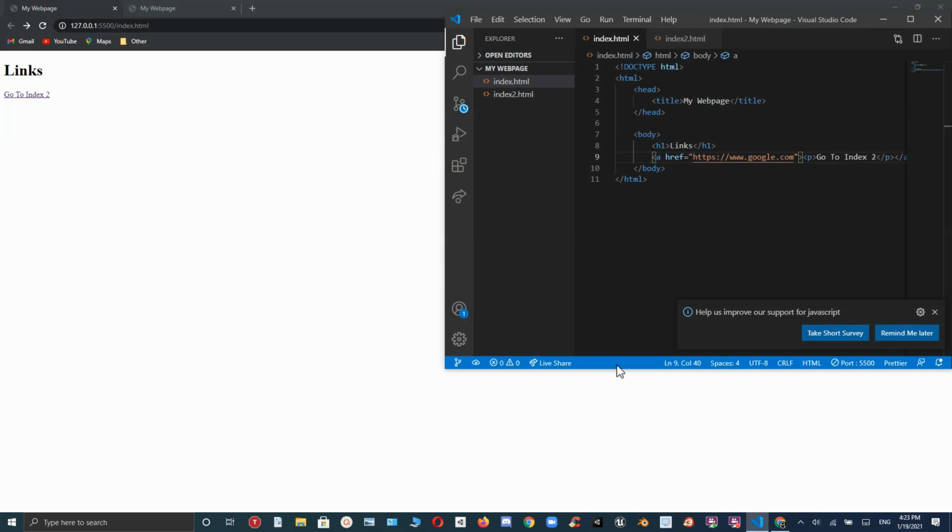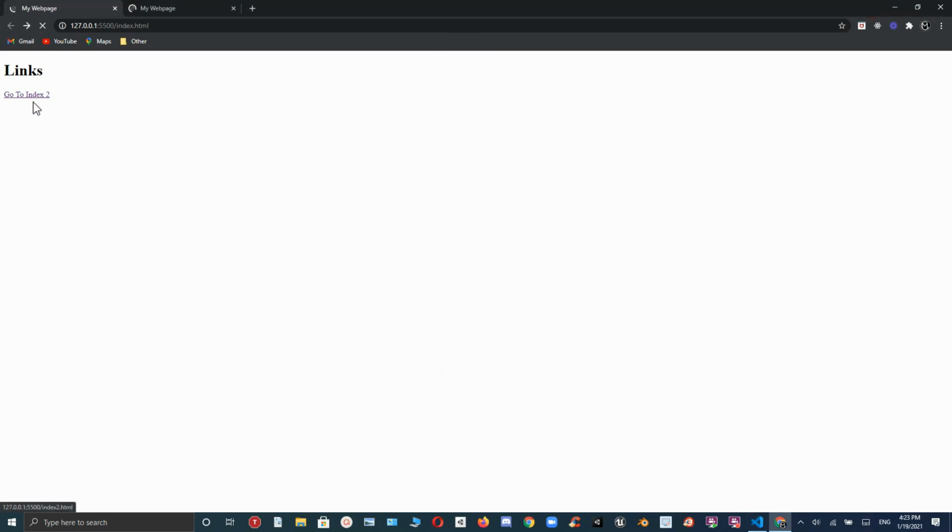But what if I want to link between my own web pages? My own web pages don't have a link. At least they do, but I would actually like to link it between the files, not the URLs. So what I would do is I would write the name of the file, index2.html. So when I save this and I click this again after it reloads, I actually get to this. You have been linked here. From index 1, I've actually been linked to index 2 by pressing the link down here that says go to